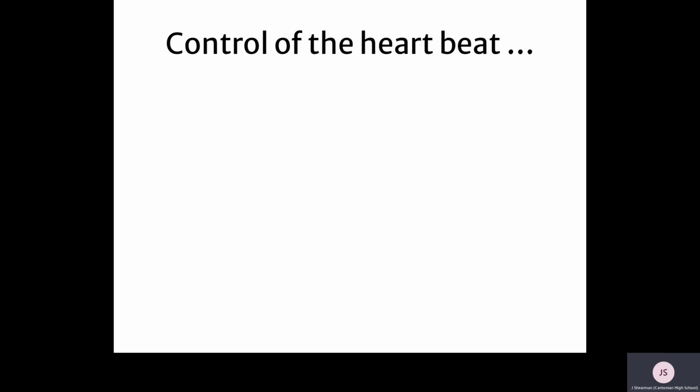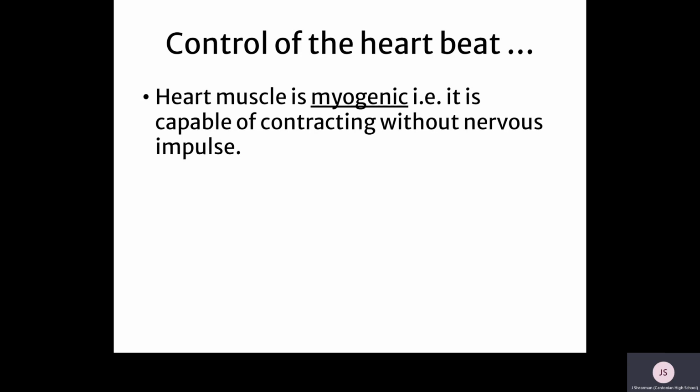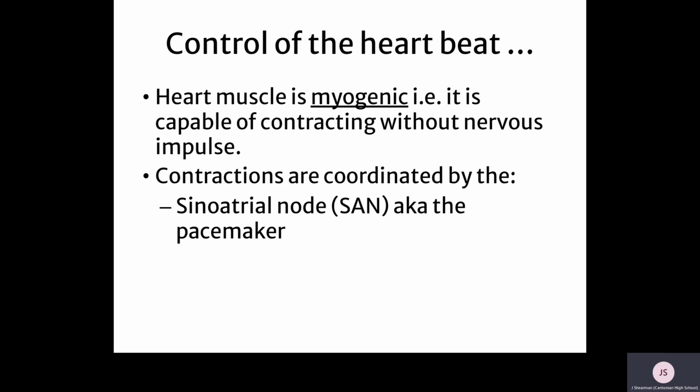So to start with then, how is the contraction of the heart, and therefore the heartbeat, actually controlled? Well, heart muscle is myogenic, and that means that it's able to contract spontaneously. It doesn't actually need a nerve impulse to stimulate it to contract, but the muscle still has to contract in a coordinated way. And the muscle fibers do this through something called the sinoatrial node, or SAN, which is also known as a pacemaker,